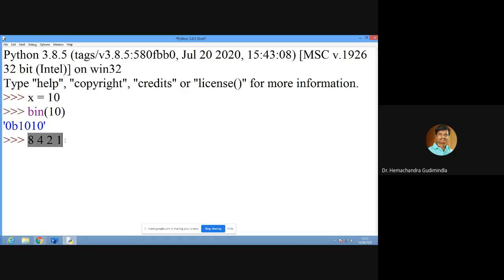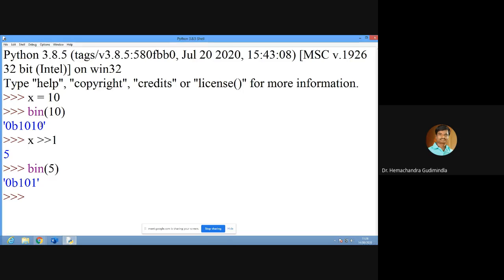Now x right shift, I'm doing with 2, like 1 I will do with right shift. Again I will convert to binary of 5. So you see here, 1010 will now become 0101. I am just moving the bits towards the right side. This 1010 will become 0101.